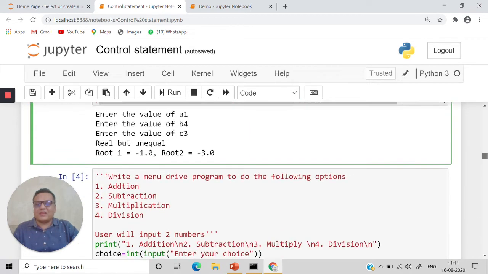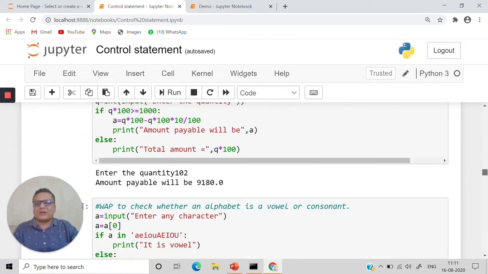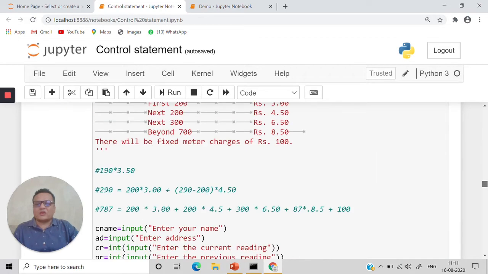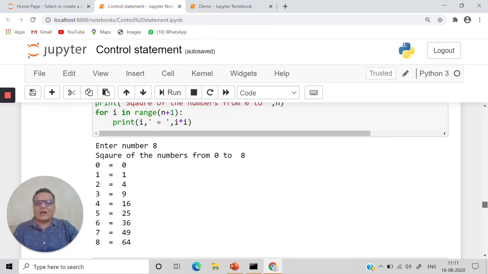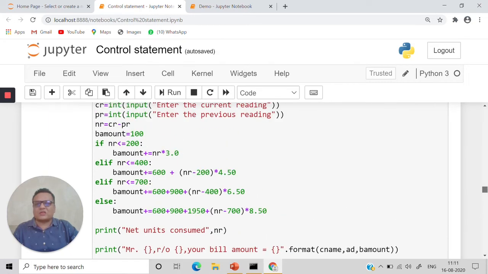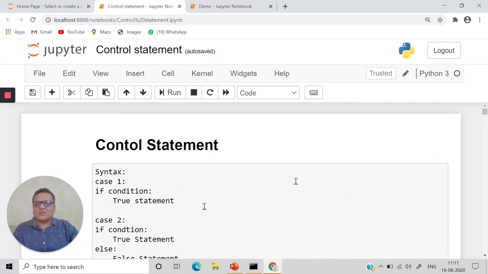You can see most of the programs are written here with code, with a question, with the answer, and I can just show this file to my students. So this is how you can use Jupyter Notebook. It can be used for any purpose. It can be used for file handling, it can be used for data with pandas, and so many other things.